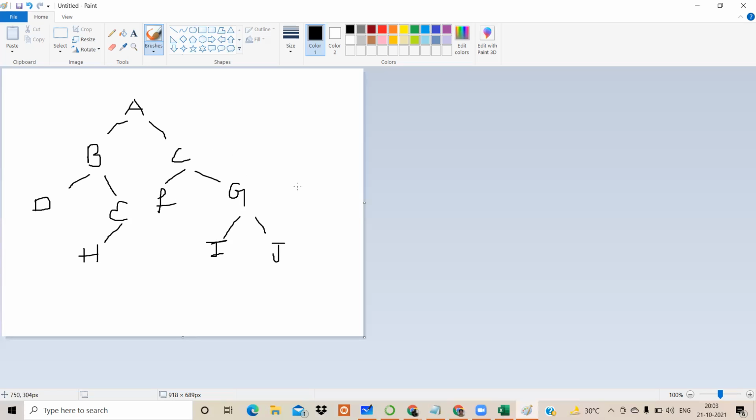I just want a post order for this. Just this is D, जो B के left में है, that is D, and B के right में E है. So just write it properly. हाँ ठीक है. D. And this is E. Okay. Understand. So this is the tree. इसका post order करना है. ठीक है.